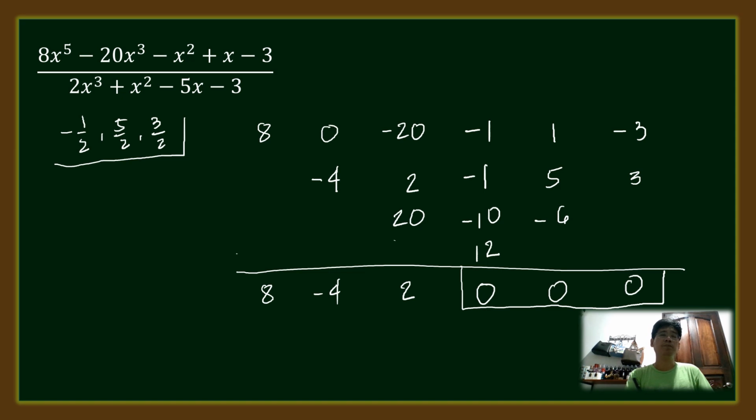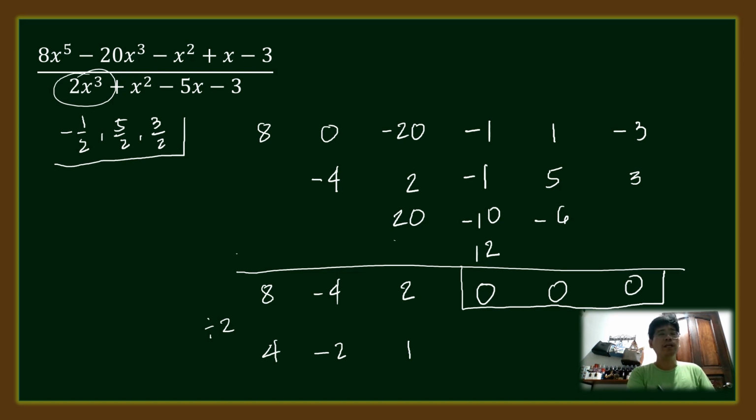Now, since the coefficient of the divisor is not equal to 1, we're going to divide these sums in the quotient by the coefficient of the leading term in the divisor. So divide by 2, we have 4. Negative 4 divided by 2 is negative 2. 2 divided by 2 is 1. Therefore, our answer